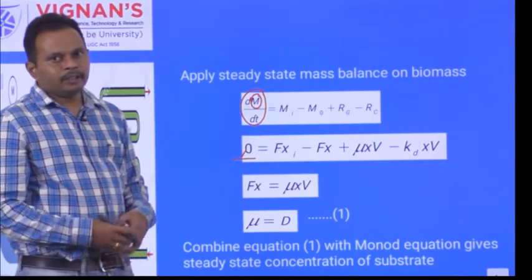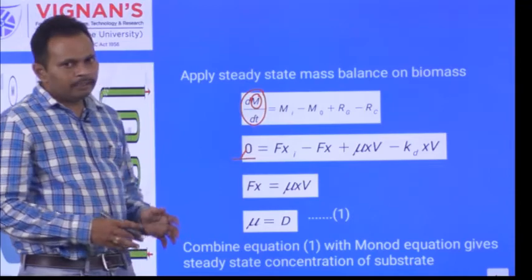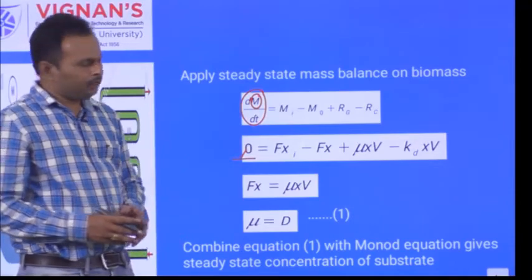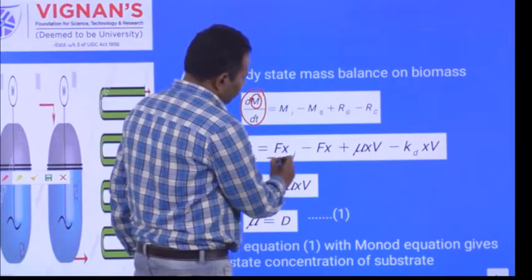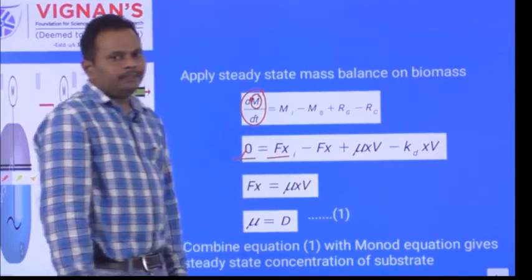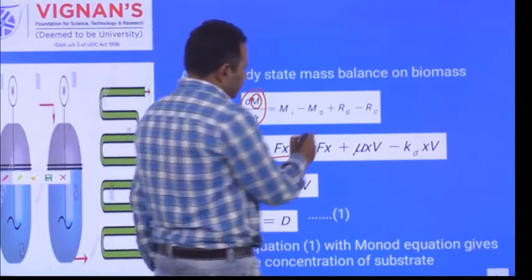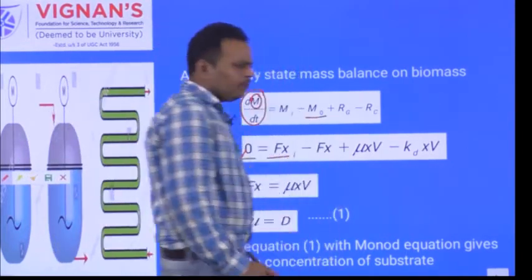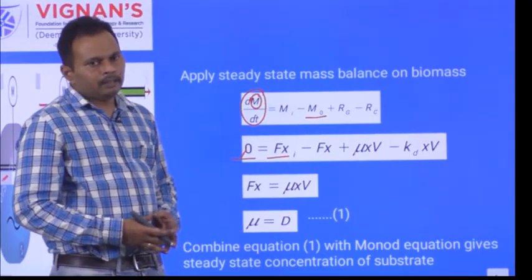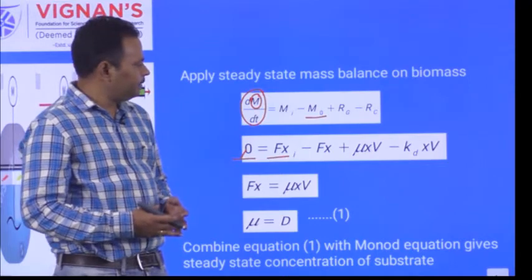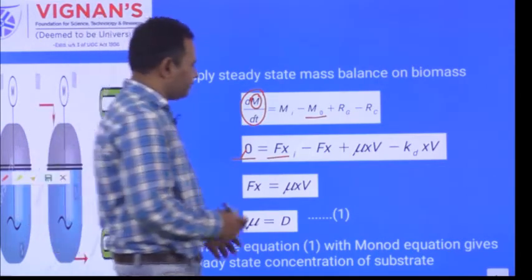The mass of the cells enters into the fermenter. So for the chemostat, continuously we give the feed and continuously we remove the product. So the mass of the cells can be written as F into Xi. F is the inlet volumetric flow rate, and Xi is the initial cell concentration within the feed. And what is M naught? M naught also, we are continuously removing the feed. Its volumetric flow rate is also F, and the cell concentration is X within the fermenter. The same cell concentration we get in the output, that is FX.